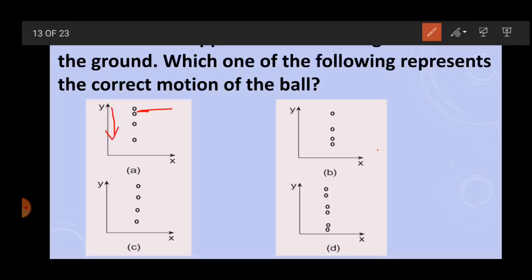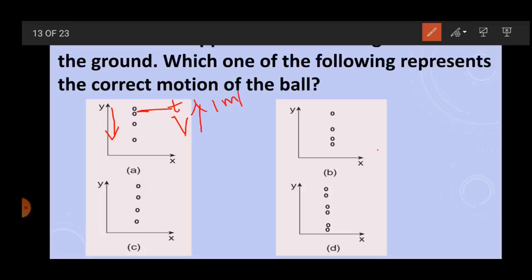At every instant of time, the velocity of the particle increases. Say for example, at the first instant of time t, the velocity of the particle